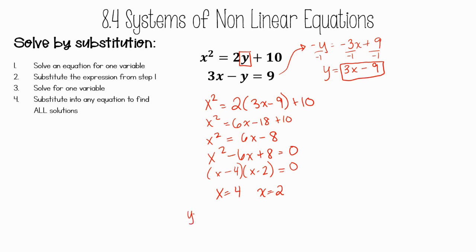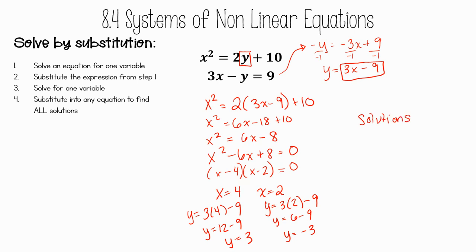So I get y equals 3 times 4 minus 9. y equals 12 minus 9. So y equals 3. And then I'll do the same thing here. y equals 3 times 2 minus 9. So I get y equals 6 minus 9. So y equals negative 3. So my solutions,